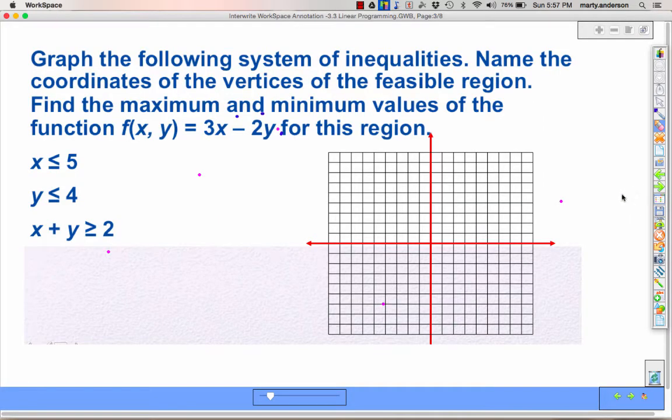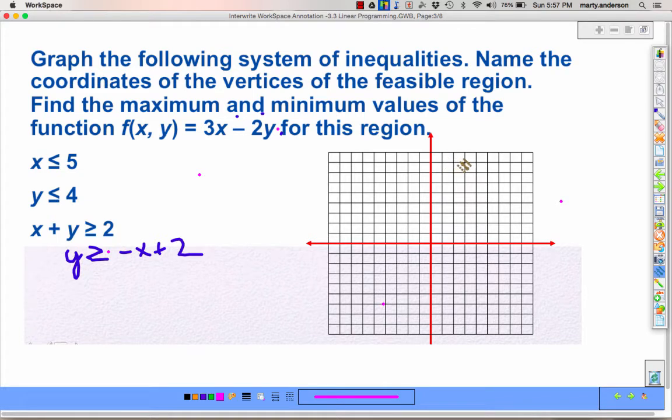Here we go. We're going to graph the following system of inequalities. We're going to name the coordinates of the vertices of the feasible region, and then use those coordinates to find the maximum and minimum values based on this information here. First thing we're going to do is change this around to y is greater than or equal to negative x plus 2. And then I'm going to graph, and I'm going to start with x is less than or equal